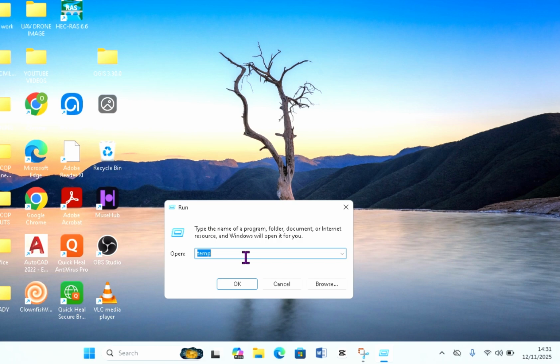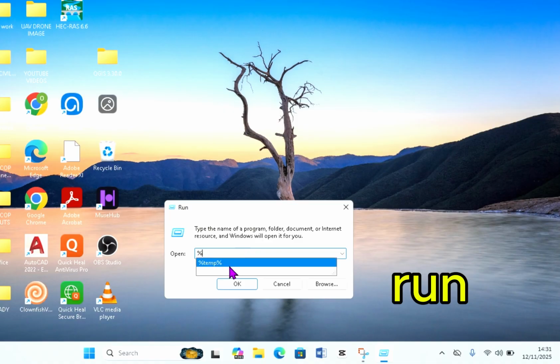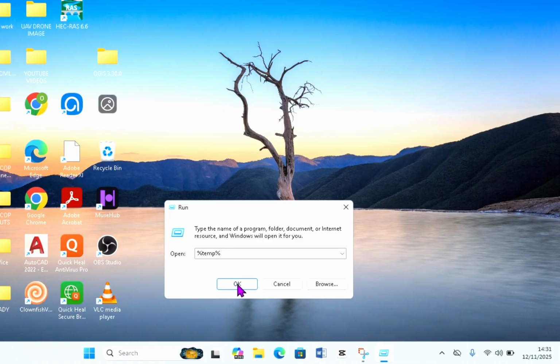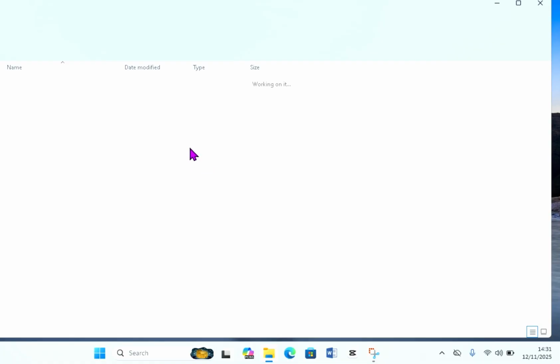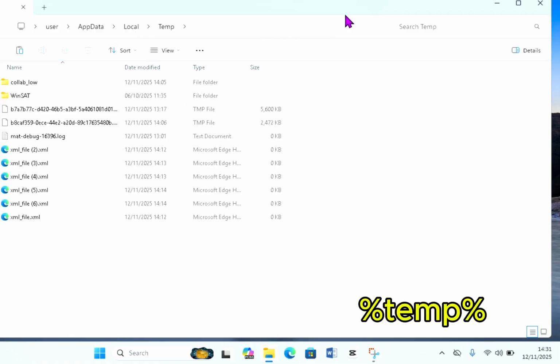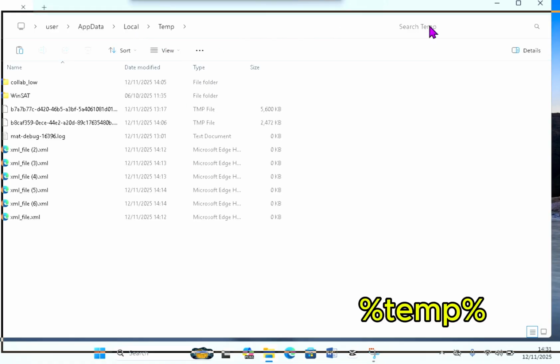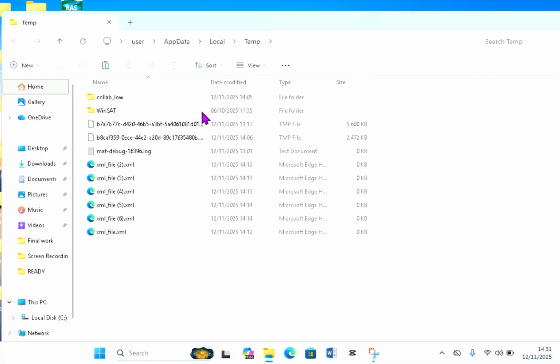Just go to your Windows search bar, type run as you did before, and when that pops up, type percentage temp percentage and click OK. And that will also bring up the list of all temporary folders that are generated by the installed applications on your system. With time, if you don't delete most of these